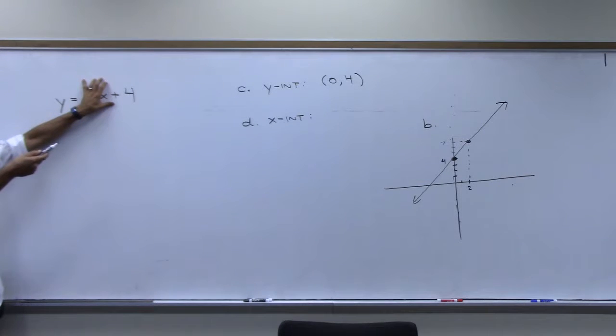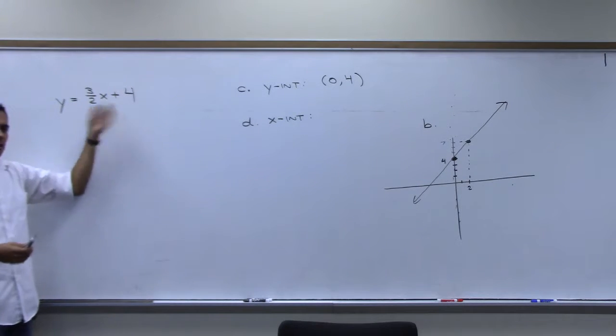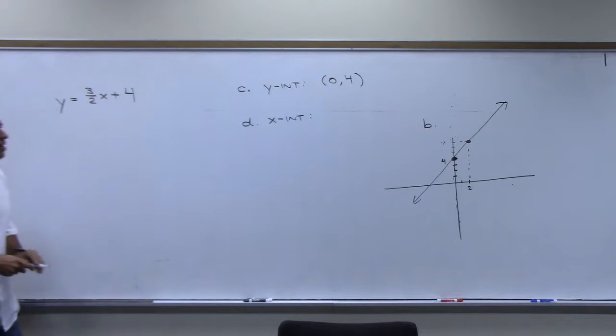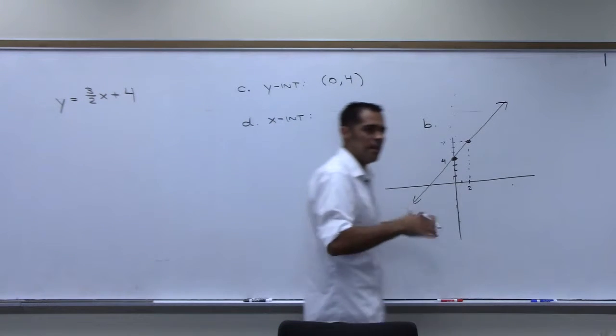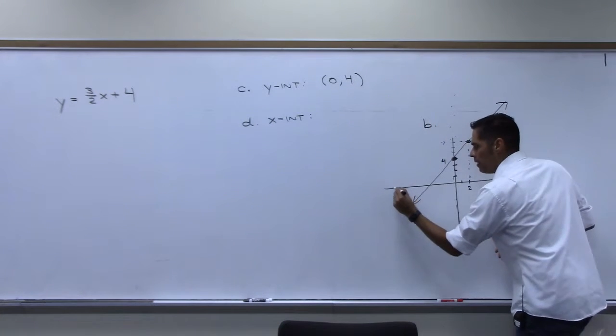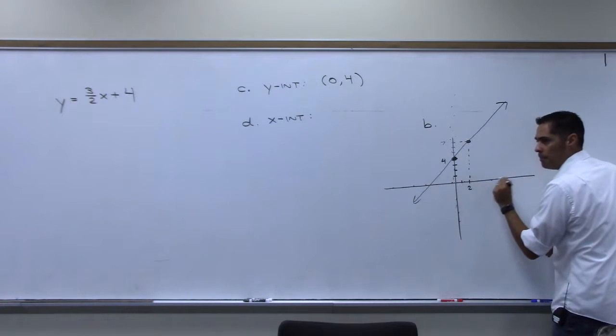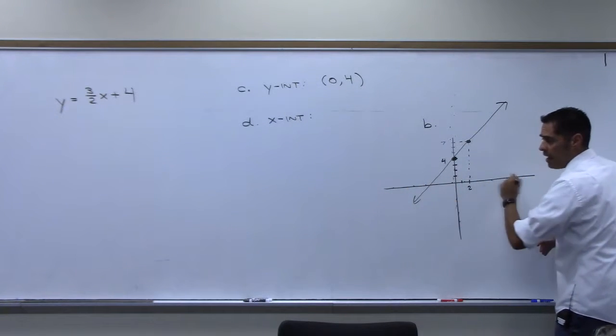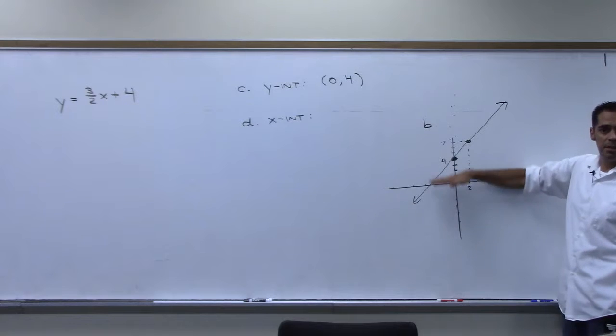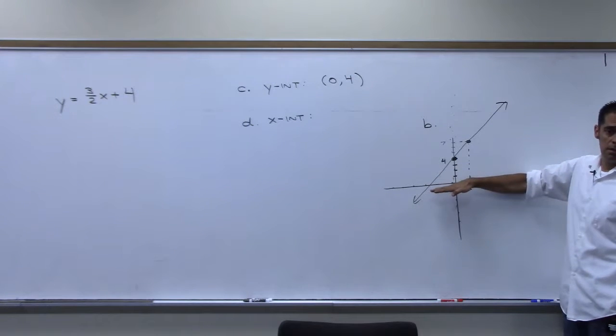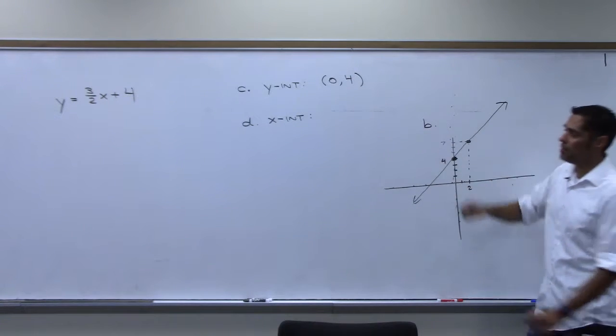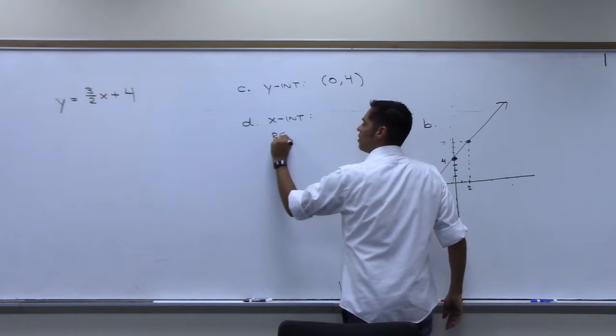Now, we already knew that was the y-intercept because of the way I introduced it. But how do you think we can find the x-intercept using that same logic? Yeah, look, if you're anywhere on the x-axis, your y value must be 0. So what I'm going to do to find the x-intercept is